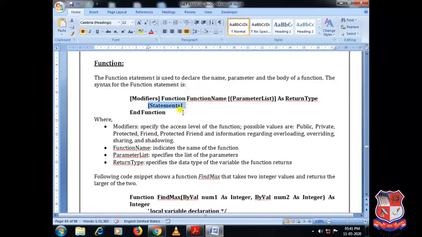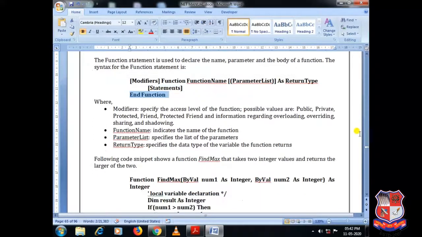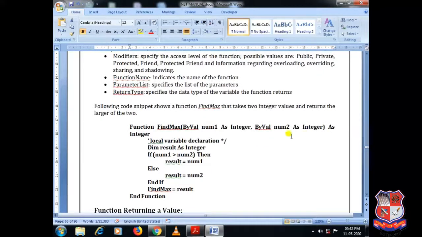Again, collection of statements and End Function indicates the scope of the function. Where modifiers specifies the access level of the function. Possible values are public, private, protected, friend, and information regarding overloading, overriding, sharing, and shadowing. Function name indicates the name of the function. Parameter list specifies the list of parameters, and return type specifies the data type of variable the function returns. The following code